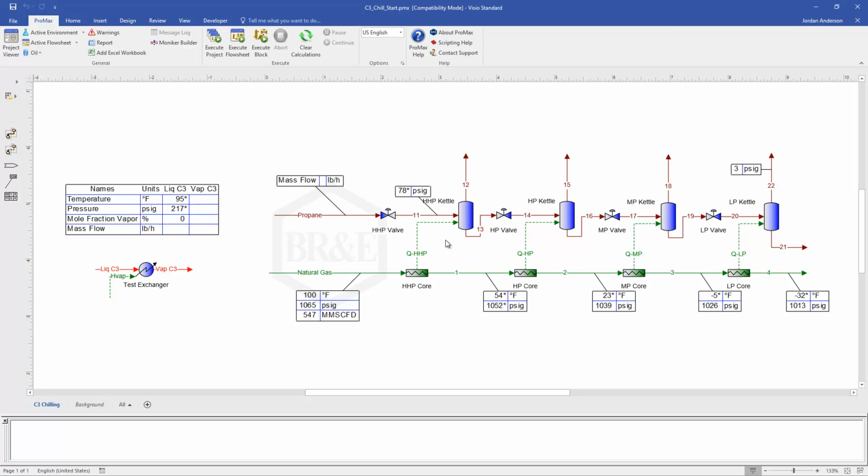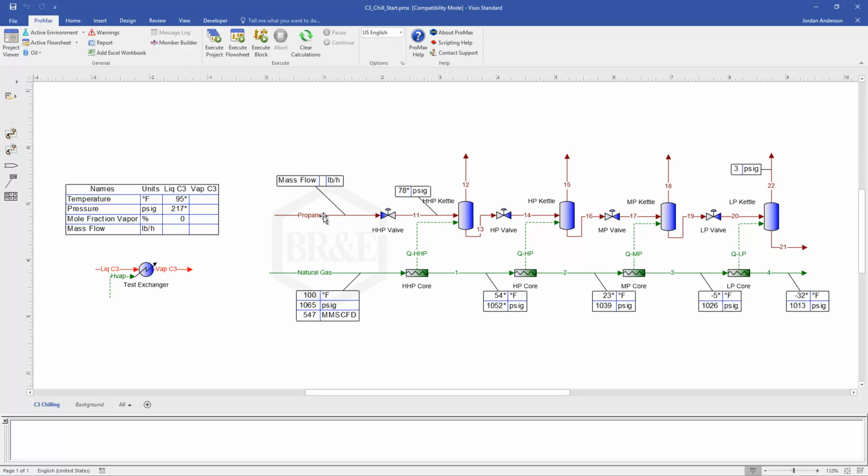Now on the natural gas side, we know what's going on. We're just cooling down from our beginning temperature to our desired final temperature as a liquid. And so our goal in these systems usually is to determine how much propane is required to do this chilling. I'll give you a few tips as we go through this, but to start, your first inclination might